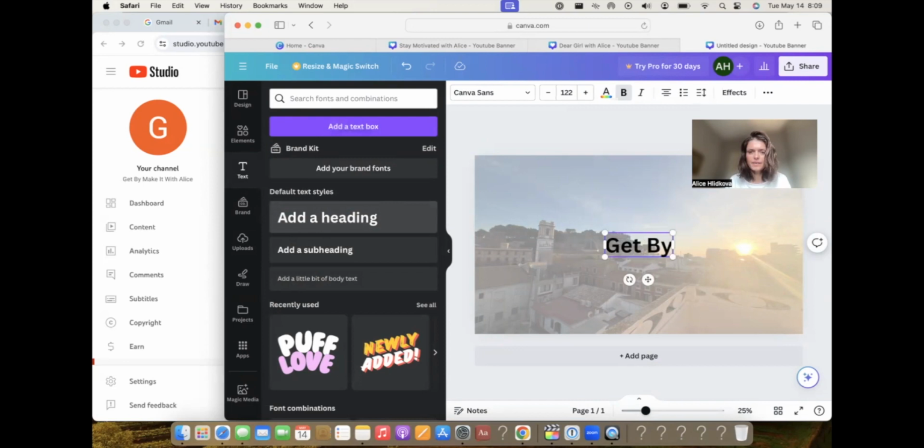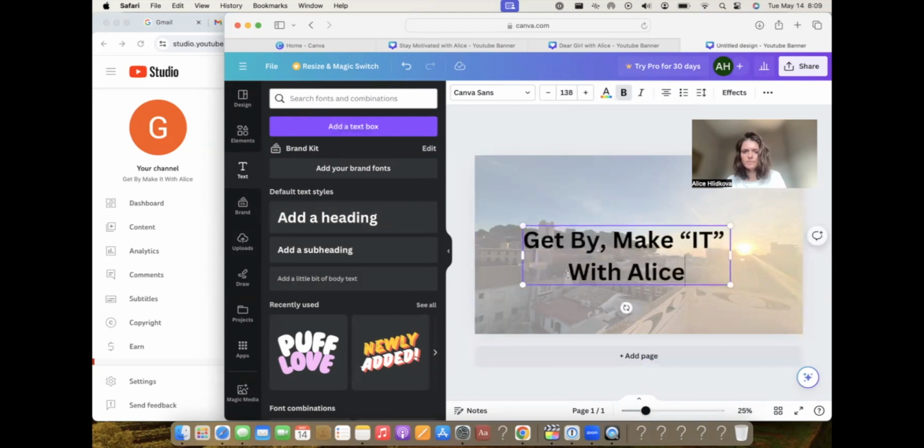Get by, make it with Alice. Now you could do a little design feature here. And we're going to add an effect. Actually, let's keep this separate.